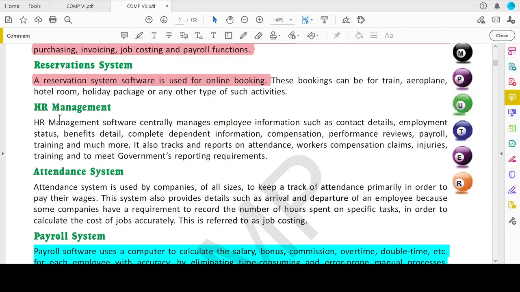HR management is human resource management software. It centrally manages employee information such as contact details, employee status, benefit details, complete dependent information, compensation, performance reviews, payroll, training, and much more. So everything related to the employee,